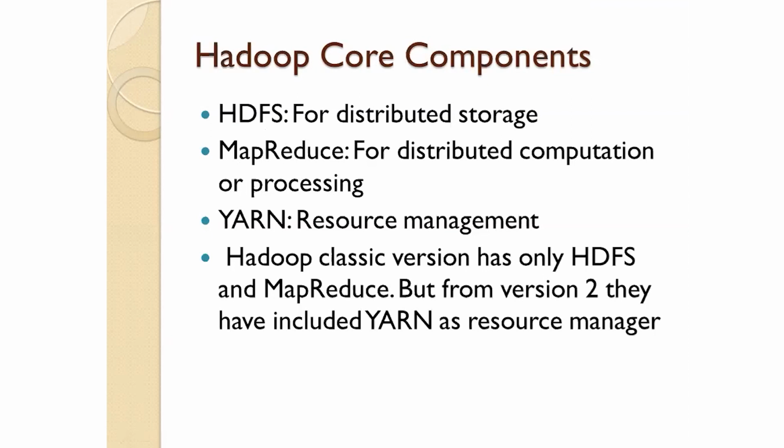And if you know about Hadoop, in the previous version, Hadoop 1, when it was released, it had only two components in it, that is HDFS and MapReduce. But later on, from Hadoop 2, they introduced YARN. YARN is nothing but they just scooped out the resource management part from MapReduce and created a separate component called YARN. It takes care of all the resources which are necessary to process the entire data, and MapReduce just takes care of the computation process from Hadoop 2.